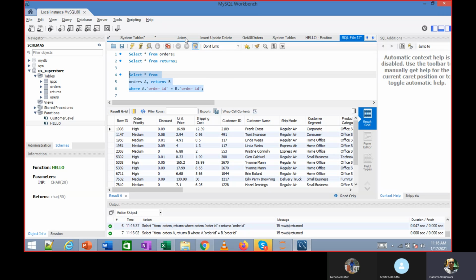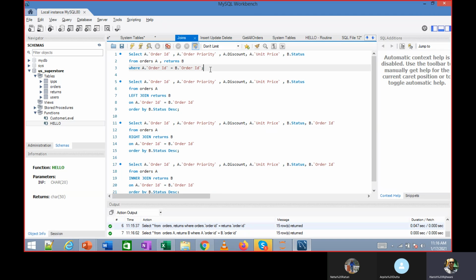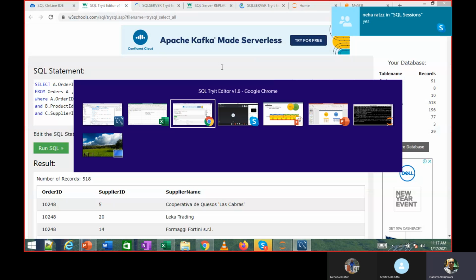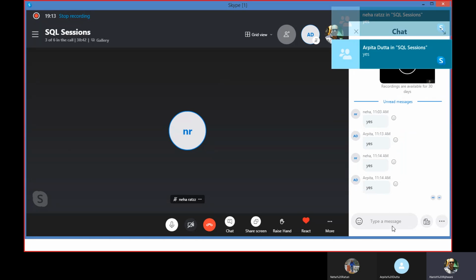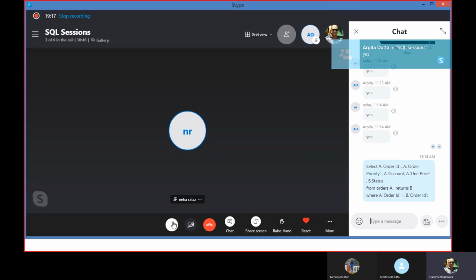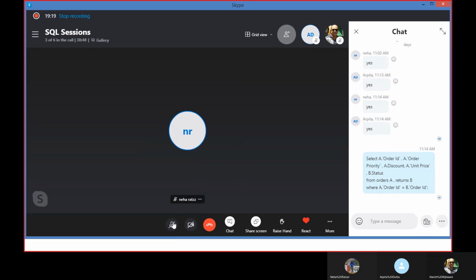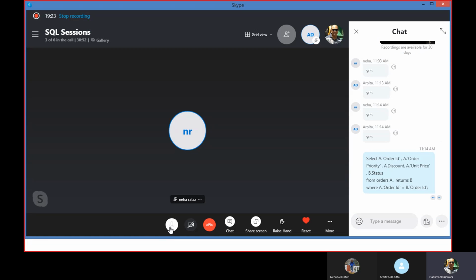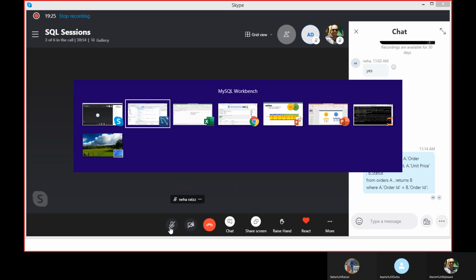Make sense? So you try this one. This is a very basic one. We had tried this earlier also. This is on MySQL.